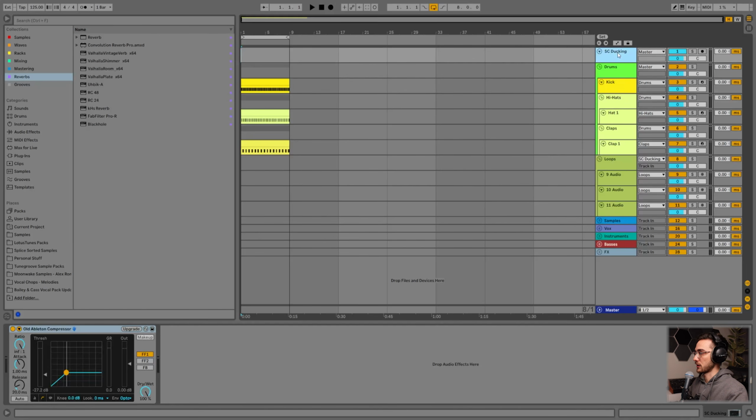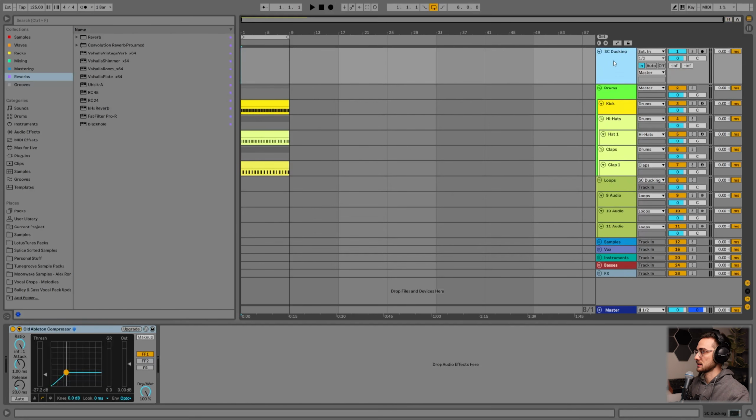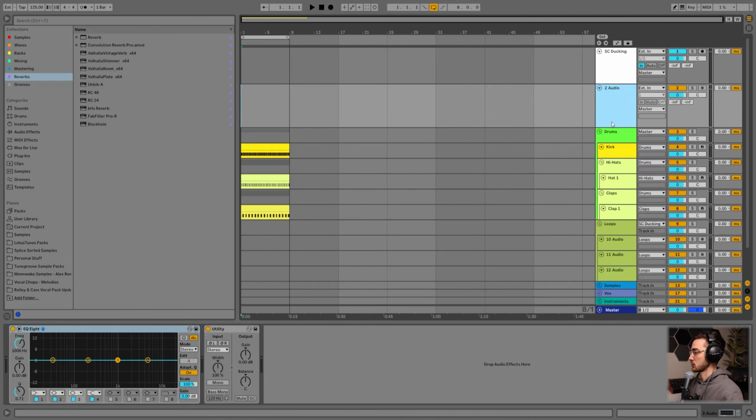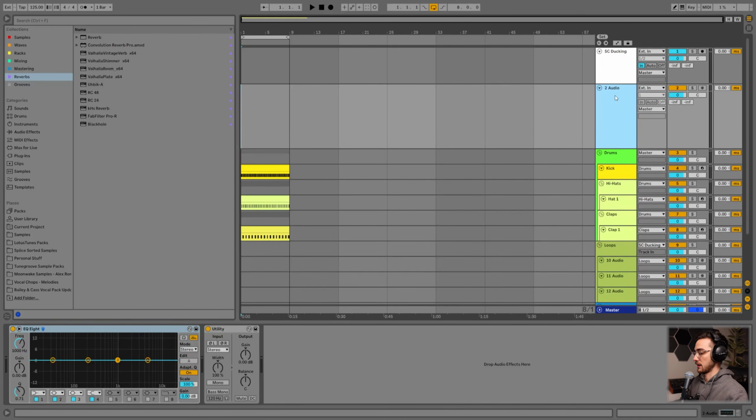Our first track over here is called SC ducking. This is short for sidechain ducking. It's an audio track. You create an audio track by hitting Ctrl-T, and you can rename it to sidechain or SC ducking, as I did above. The reason this is so important is because this track enables everything to be a sidechain